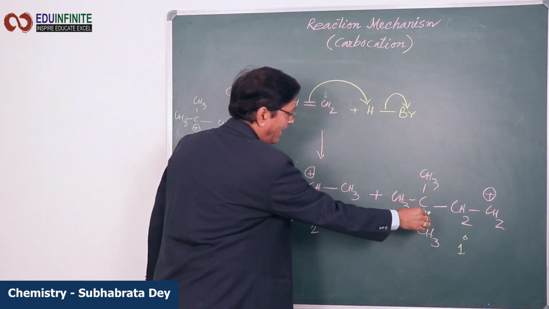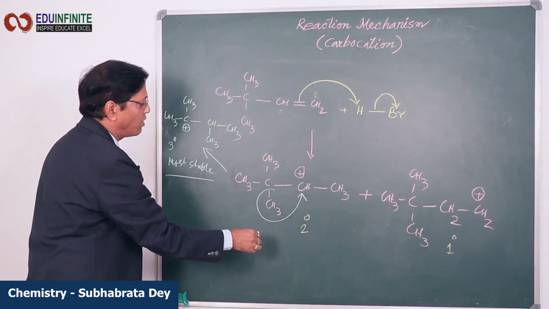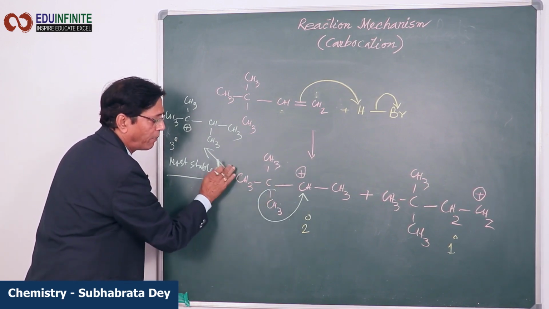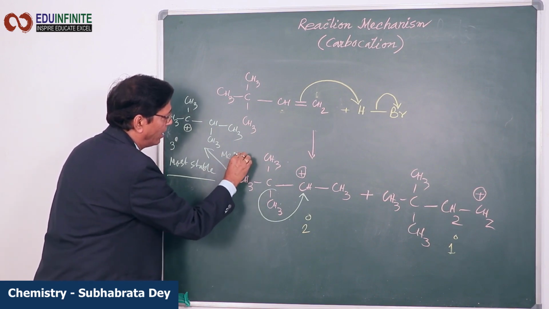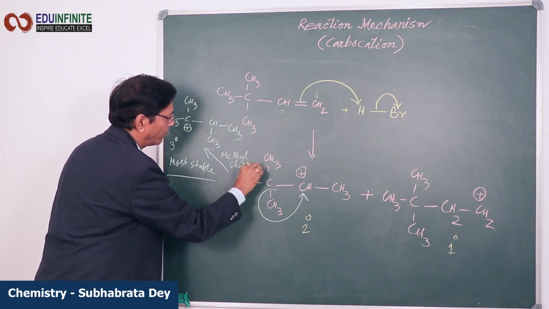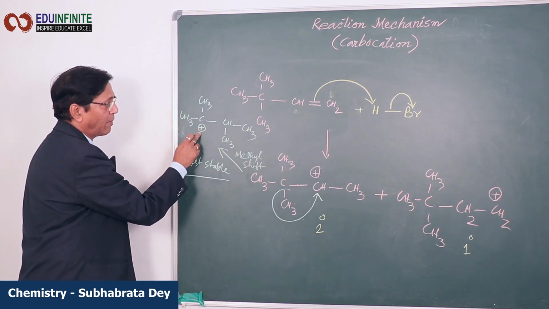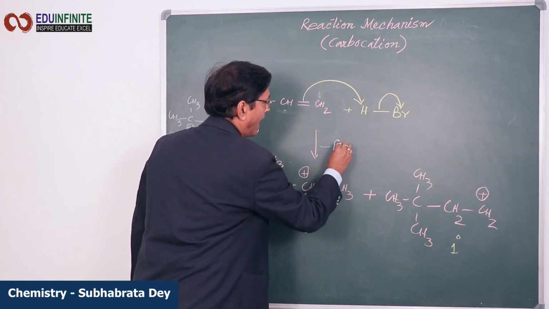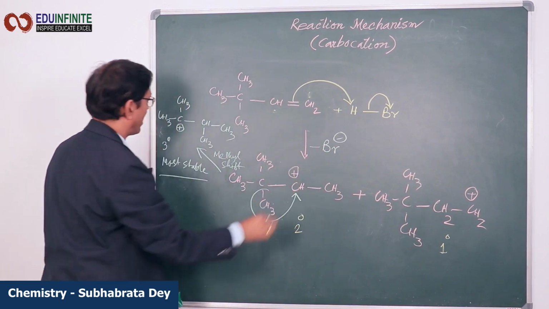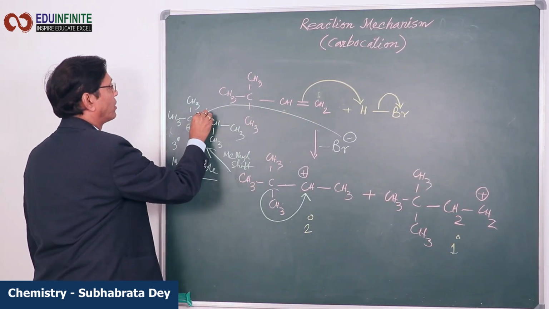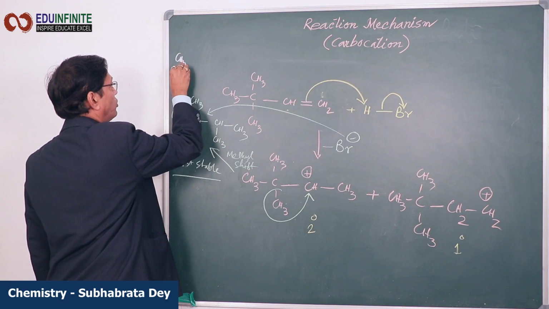So we are getting 1 degree and 2 degree initially, but this 2 degree, to get more stability by rearrangement, shifts this methyl group. The step is called methyl shift, and the process is called rearrangement. By means of methyl shift, a 3 degree carbocation is formed. Now here bromine has been released. Since H plus attacked, Br minus is staying here. This Br minus will now attack this carbocation, and the final product, or the major product as per the question, will be